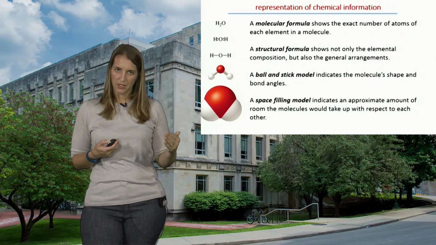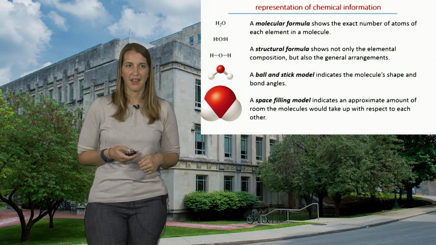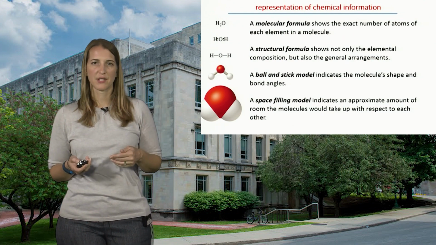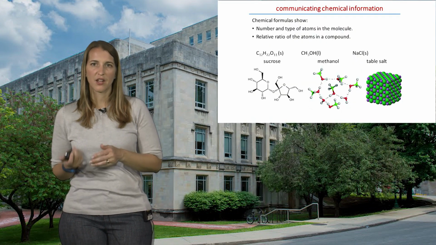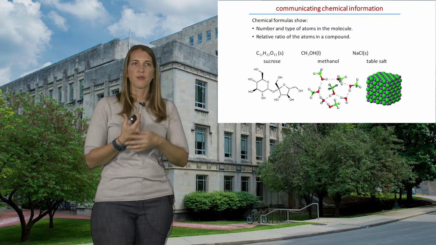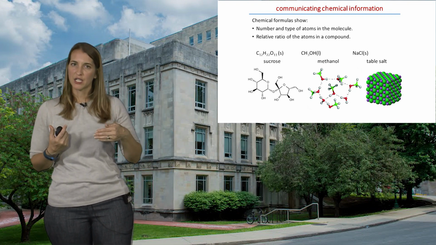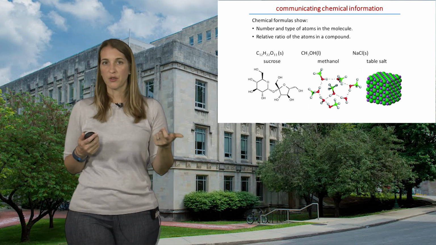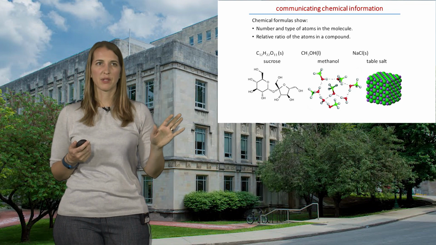So as we continue on, we'll get more practice with this, and we'll continue with using all these different types of formula. Just looking also at chemical formula a little bit more. Like we said, they will tell you the type and the number of atoms in a molecule, or they will tell you the ratio. So the first example here is sucrose,